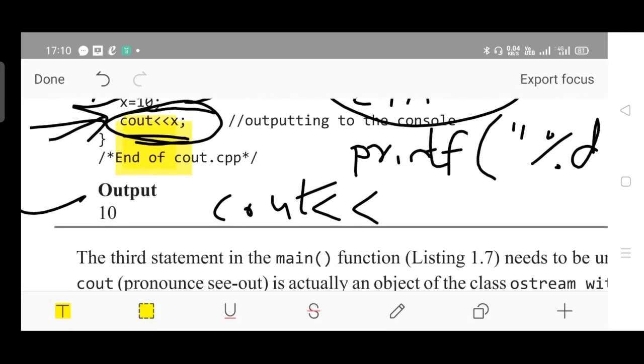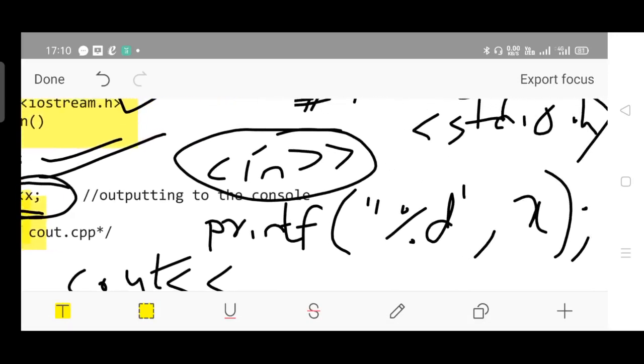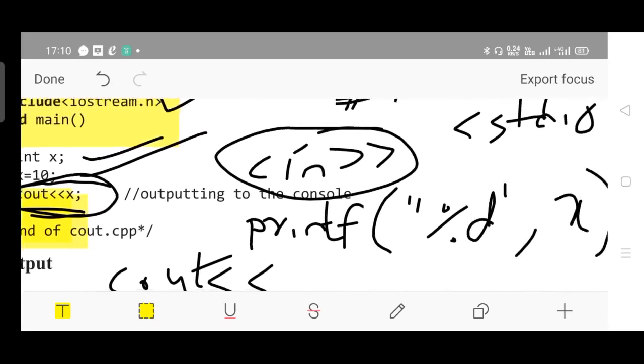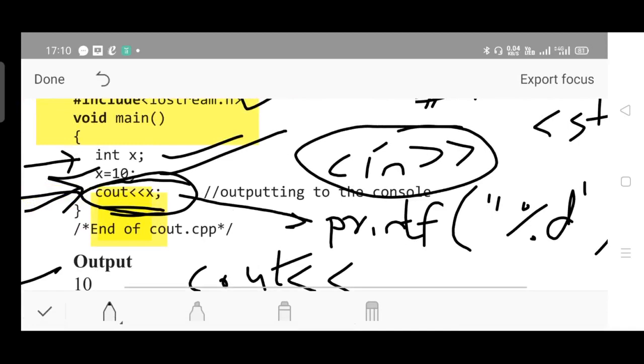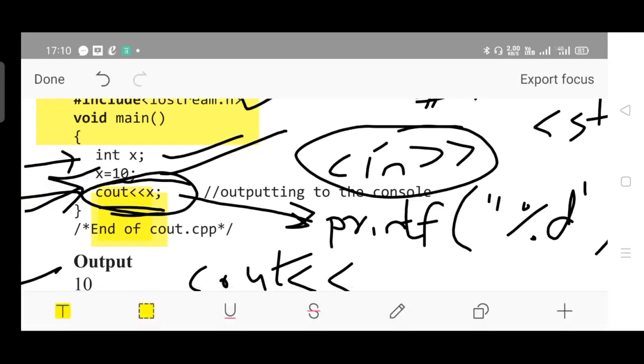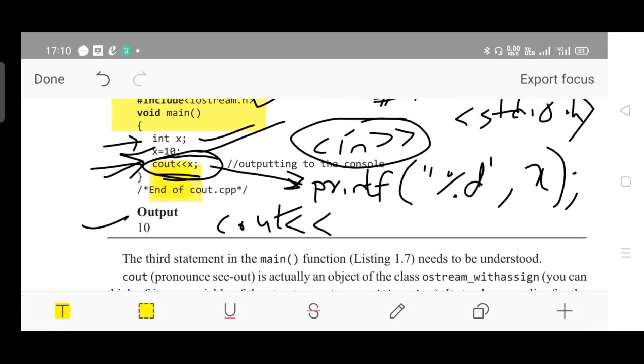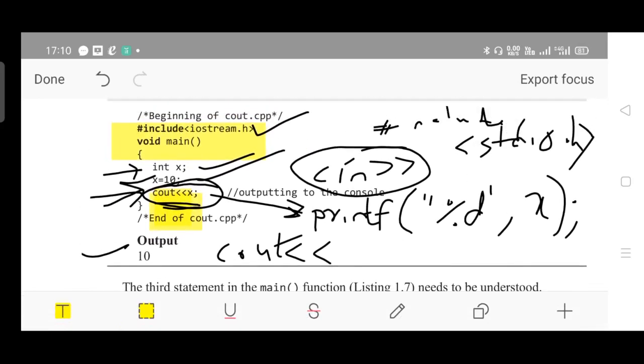We'll be considering cin as well in the next program. Please keep this in mind. So this is the equivalent statement for cout. What is the equivalent statement? The printf statement in case of C. This is what I have written for your understanding. Please note down these programs, because we are at the beginning, discussing the introduction part. You should be thorough with C++ syntax and simple, basic C++ programs. Then immediately we'll be moving to the topics of Java.